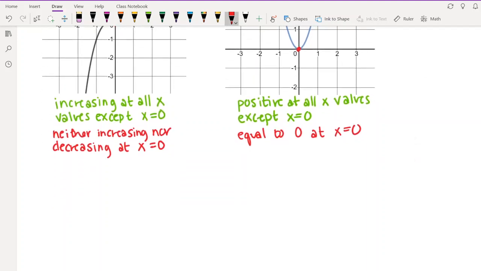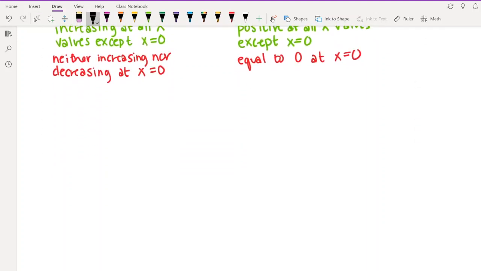So those facts that we wrote down are true in general, and I just want to summarize them. This is something that is really important, but we'll also be definitely coming back to it a lot. So this is just the first discussion of this idea. So in general, if f prime of x, or actually let me say it this way, I'll say if f of x is increasing,